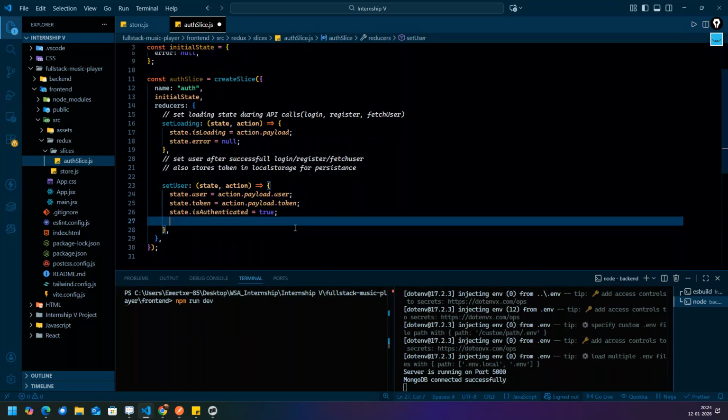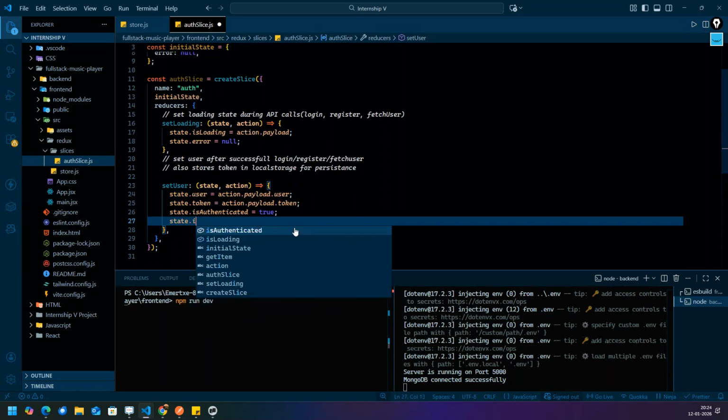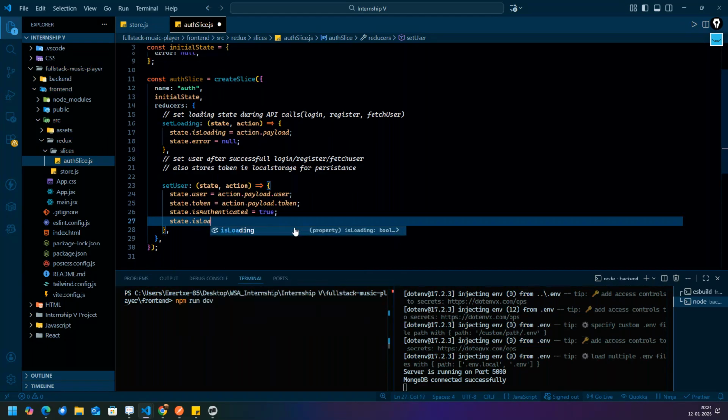Okay. Now, if you are getting the response and you are updating everything, do you need the loading state to be true or do you need the loading state to be false? What should it be? True or false?